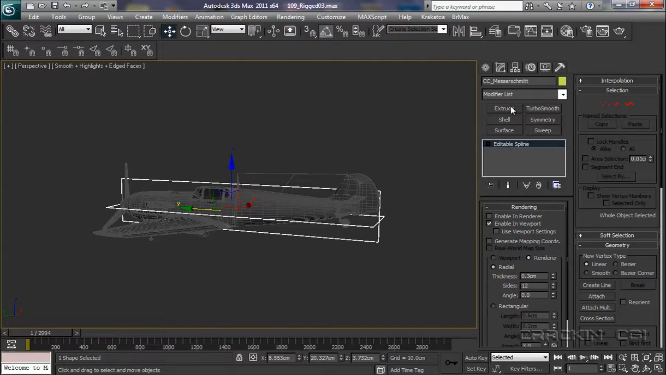Now had we collapsed it in our modify panel here, it would have actually transferred this object as a piece of geometry, and of course that is what we don't want. Okay, now that that's done, we can now start to create some of our controllers, whether they're sliders or spinners,